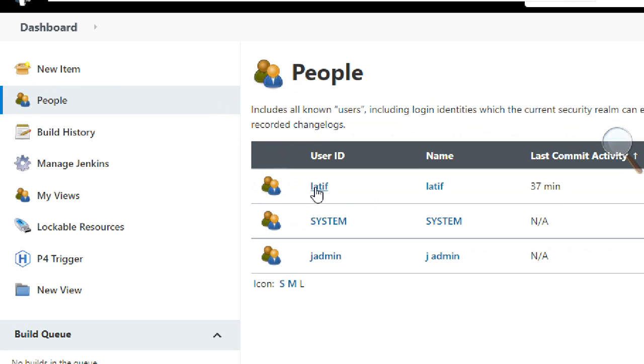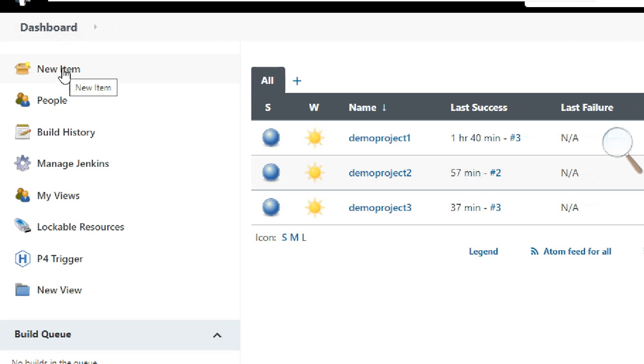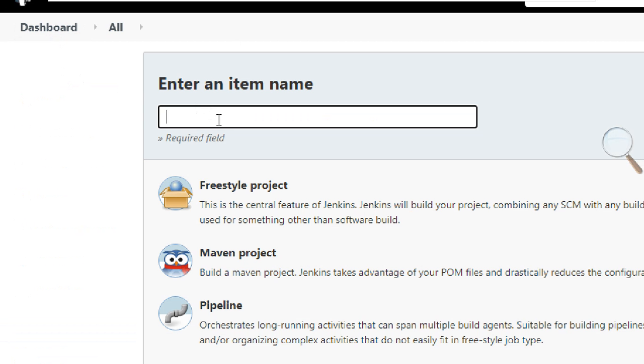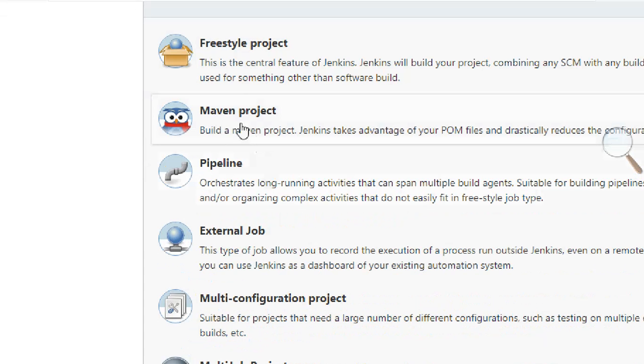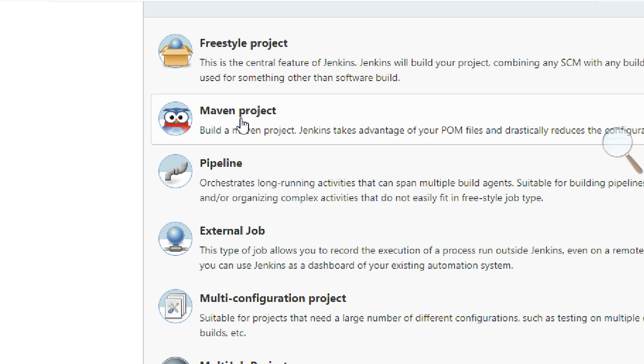I created two users last time. So I'm going to New. I want to do a New Item and enter the project name. You can do it directly as a freestyle project, or you can do it as a Maven project also.